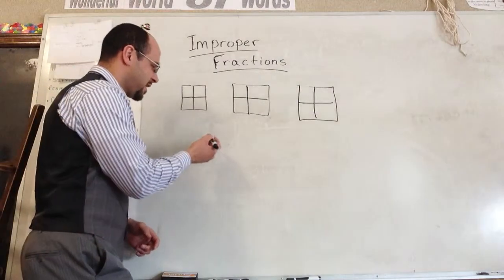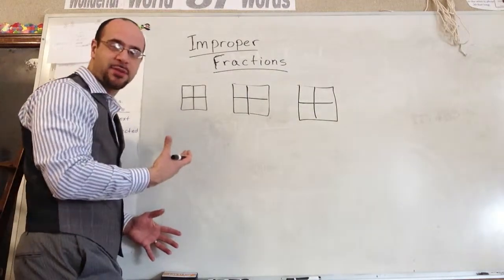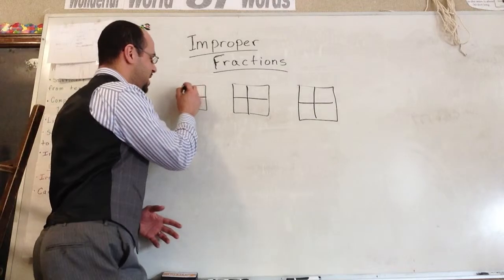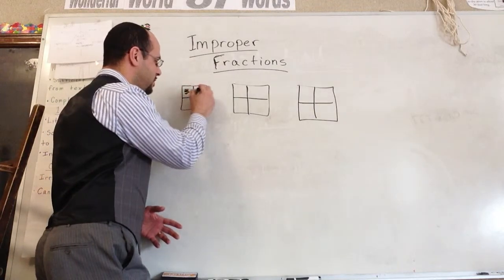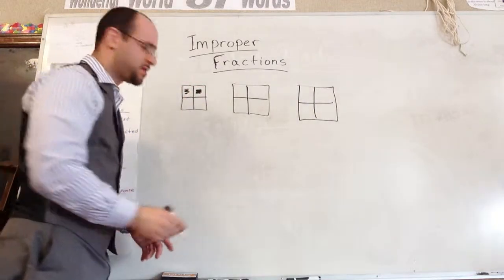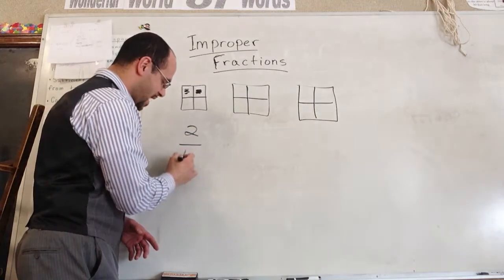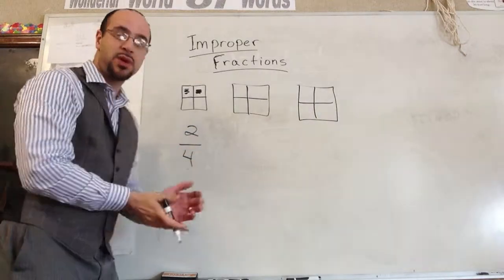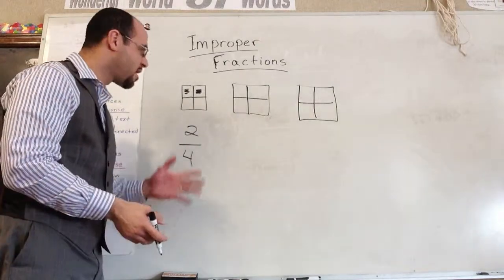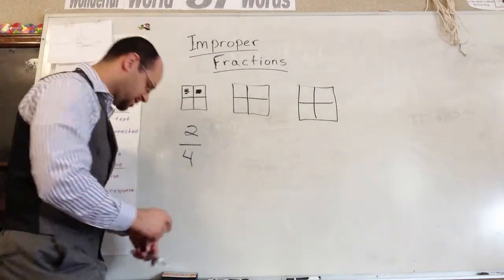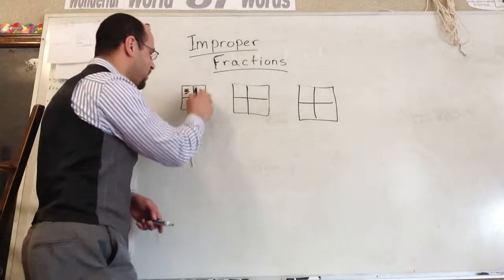Let's write a basic fraction that we've done in the past so we can review. Let's say we have this fraction here. We can say that 2 equal boxes out of 4 boxes, or 2 equally sized boxes out of 4 boxes, are colored in. So in an improper fraction,